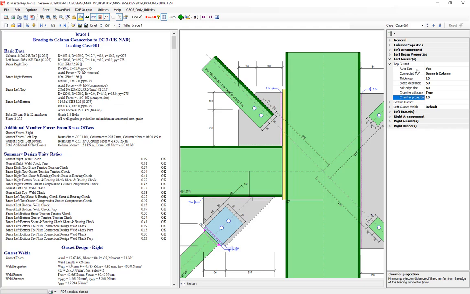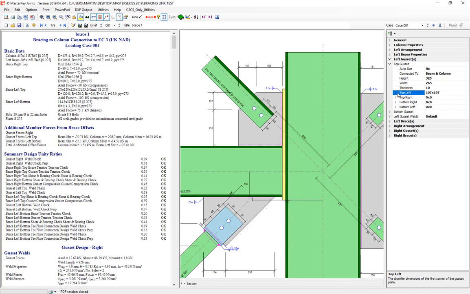The brace itself, if you want to, you can say that it's not auto-sized, and the sizes that were calculated previously with the program are pulled in here. And in this case you can see the most generic way in which the gusset can be specified: a height and a width, and then you've got four regions of chamfers: the top left, top right, bottom right, bottom left. In this instance we've only got a chamfer on the top left, so we can see the 107 roughly rounded chamfer in that location that was calculated, obviously in this instance, based on the width of the actual angle